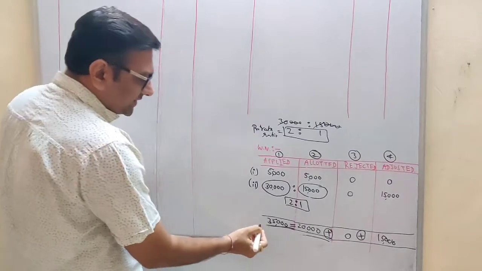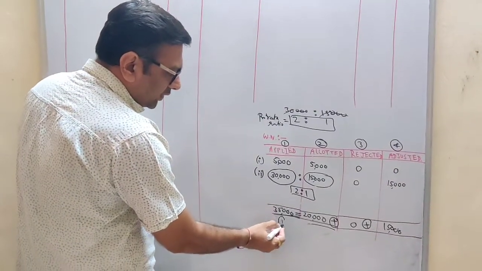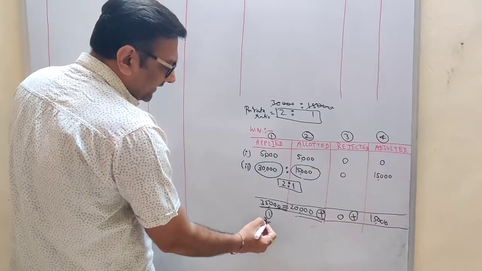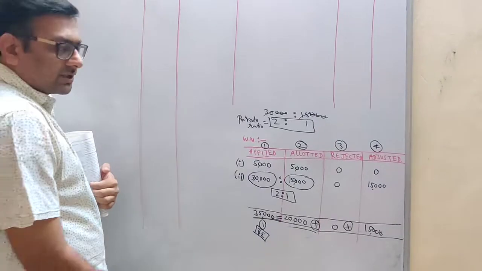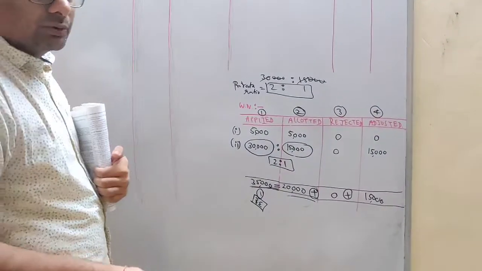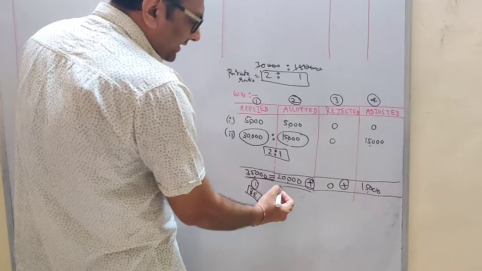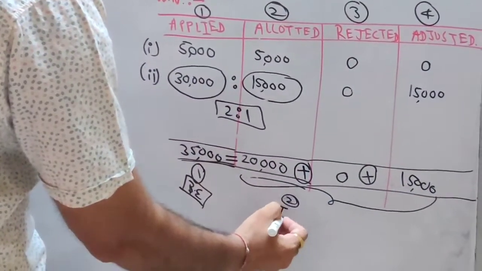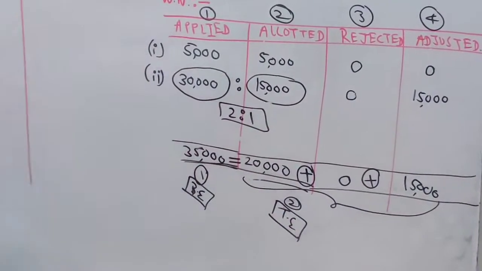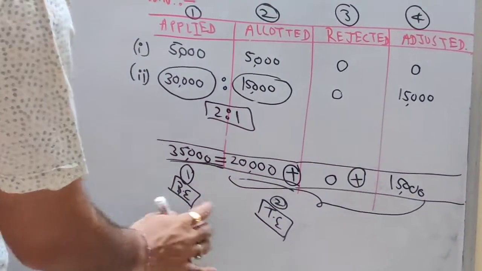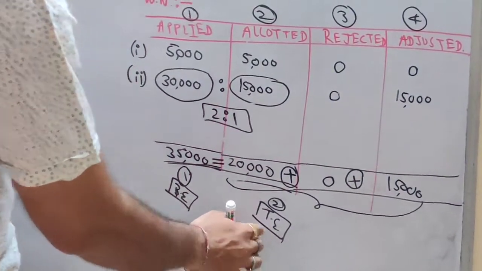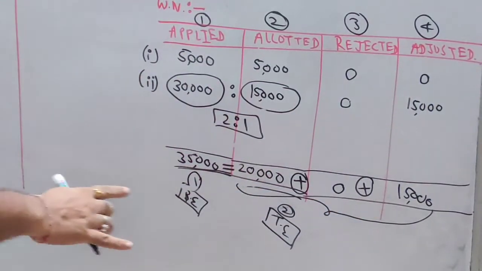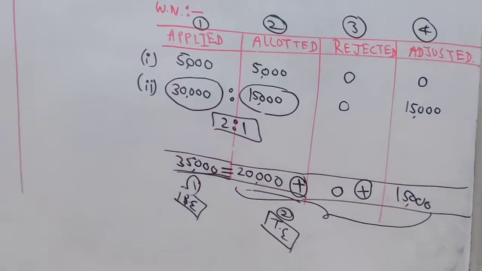Now students, your first entry you will get from your column number 1. This is your entry number 1, that is the bank entry for application. Even this table will help you pass your first two entries. Your second entry you will pass for these columns, and your second entry will be the transfer entry. So your first two entries, bank entry and transfer entry for the application money, you are going to pass by looking at this table. So let's pass the first bank entry.